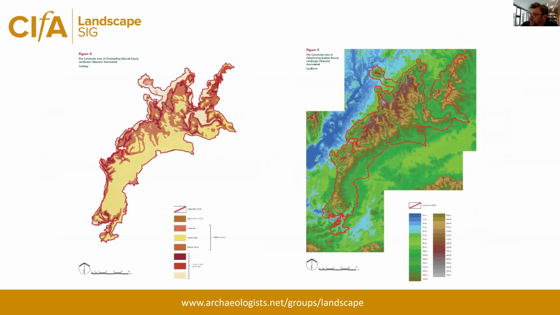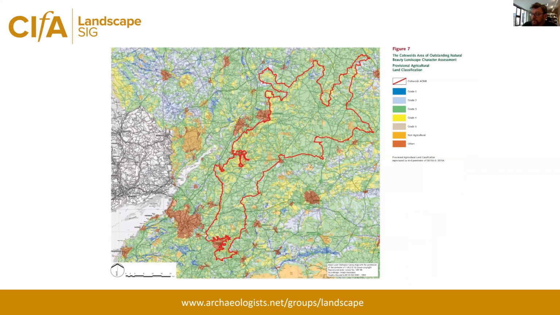Several years ago, we did a character assessment of the Cotswolds, what was then the AONB, but is now the Cotswolds National Landscape. Really enjoyable piece of work, and I think really taught me how important heritage and historic landscape is to reading the contemporary landscape and defining and describing landscape character. So we obviously look at geology and landform, and those are two really important precursors to historic land use and contemporary land use. But we also look at agricultural land classification, habitats, designations for biodiversity, how people access the land and footpaths, etc., and draw together our own